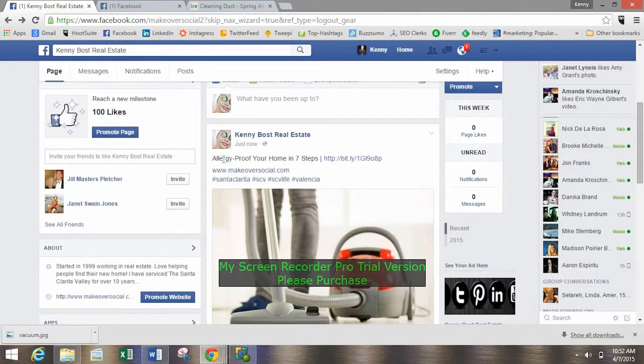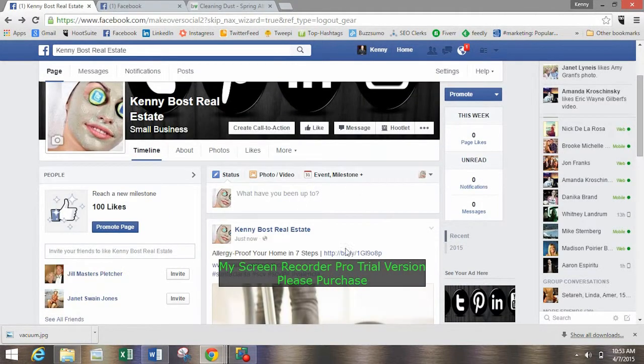So now we have allergy-proof your home in 7 steps. You can even put right here if you want to, like read or view more or view full story or check out the story, or you can put this in quotes, and then you can write a little blurb after, which will get you probably some more readers.